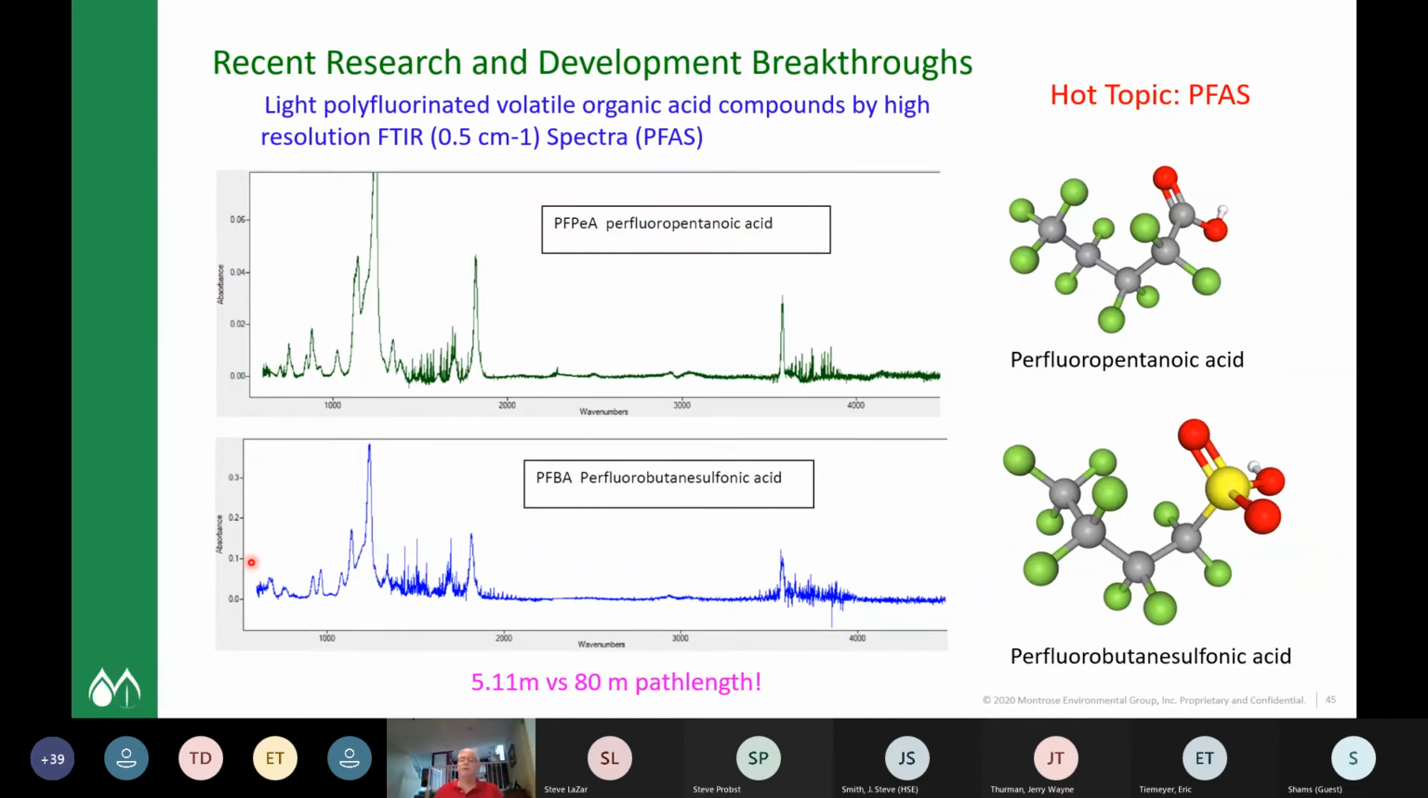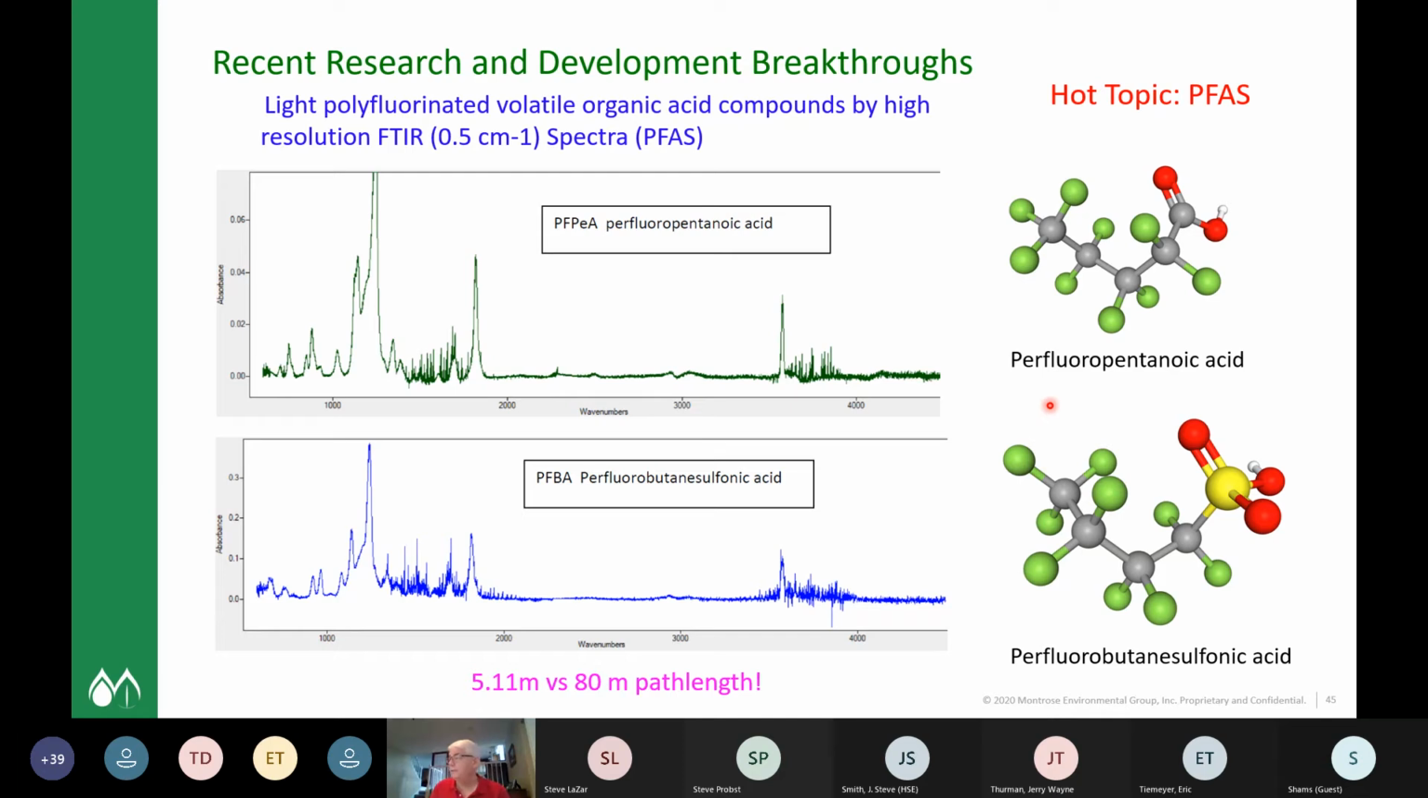So it'd really be nice if you had a way to see if you have any PFAS present in your systems. Now, currently there is some work that we've heard rumor of with an 80-meter path length IR system. This is work that Pete has come up with, a 5.11 meter conventional FTIR system that we have tons of. So the top spectra is